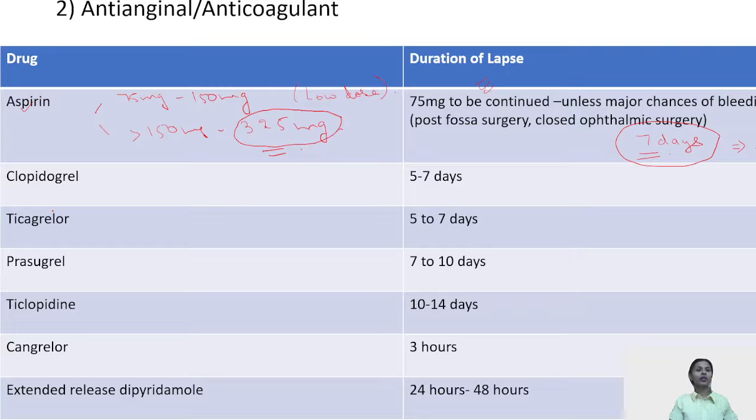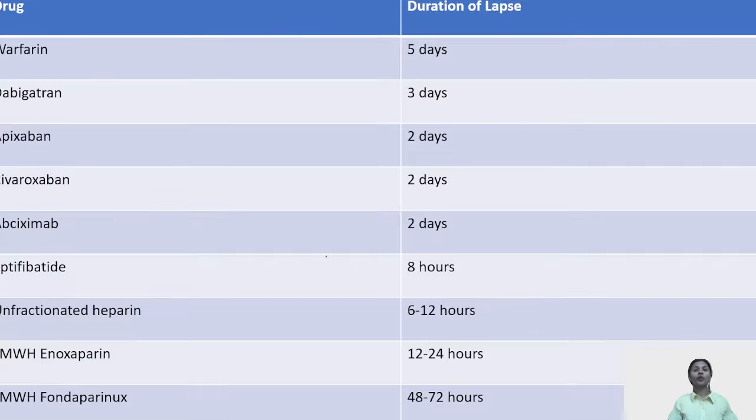Second important drug that comes is clopidogrel. The clopidogrel has to be stopped around 5 days before the surgery to decrease the risk of hemorrhage. Then ticlopidine. Ticlopidine has to be stopped around 10 to 14 days prior to surgery. Coming over a yet very important drug, which is the vitamin K antagonist, that is the warfarin. The warfarin has to be stopped at around 5 days prior to surgery. And which are the factors which warfarin actually inhibits? That's the star question. Factor 2, 7, 9 and 10.